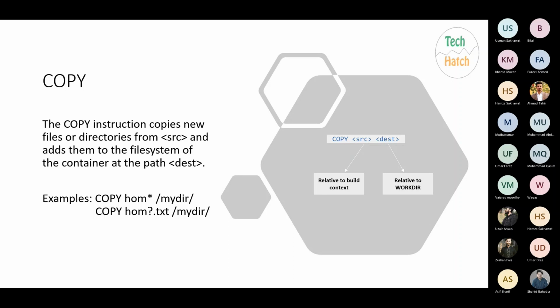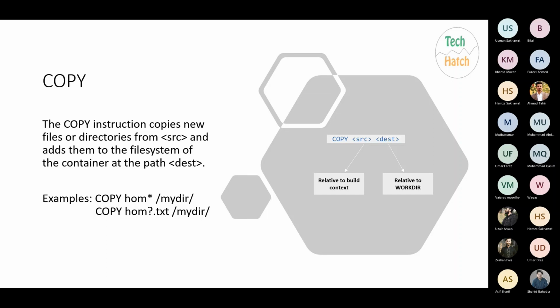Basically its purpose is that every piece of code on your local machine, you need to copy that code into an image. You will be using this COPY instruction. The source represents the build context, the context in which your image is being developed, normally your local system context, and the dest will be relative to your work directory in your image, where you're going to copy all of this code. Then you're going to need different instructions to run your code in that particular environment. Okay,